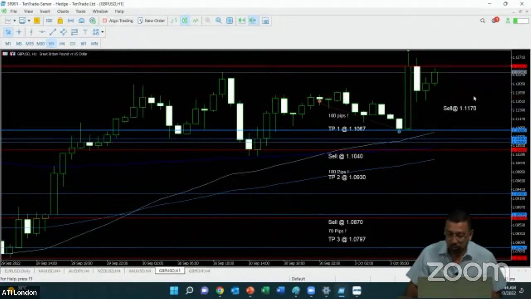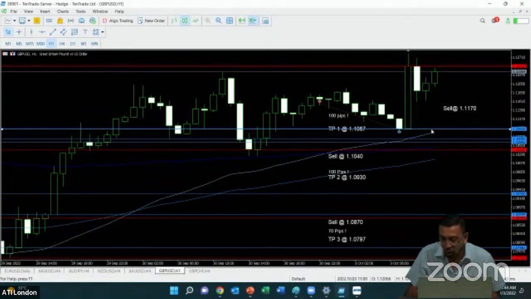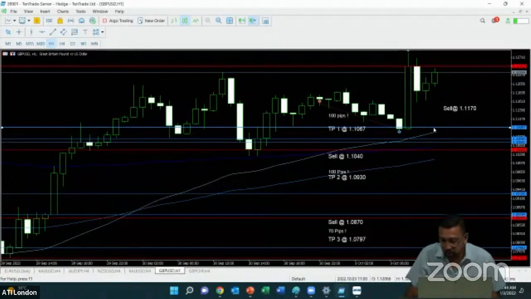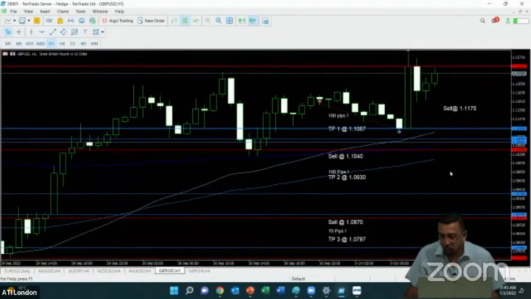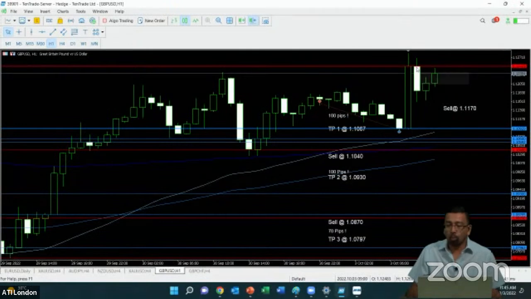Okay, so I'm going to move this blue line that marks a support on the opening price of that mother candle. Now that was at, let me just check, 1.1092 area. That resistance there also coincidentally is the opening price of the next mother candle that you can see right here. See, now this is all very, very significant messages and hints on a technical side of it. Now, what does this mean? This also means that